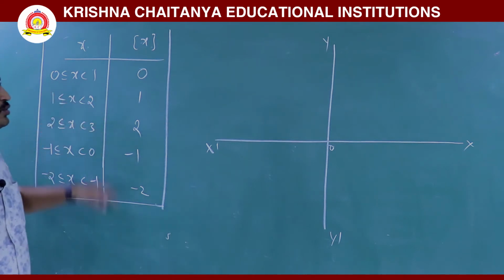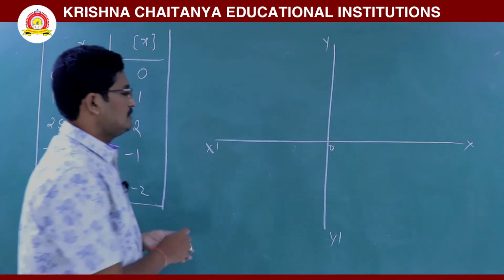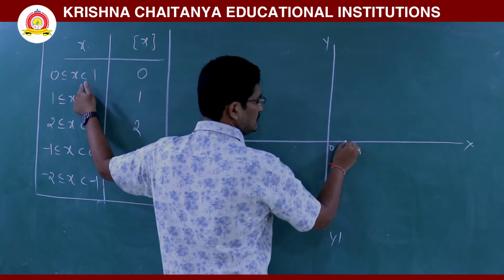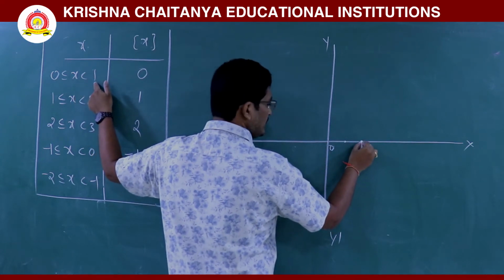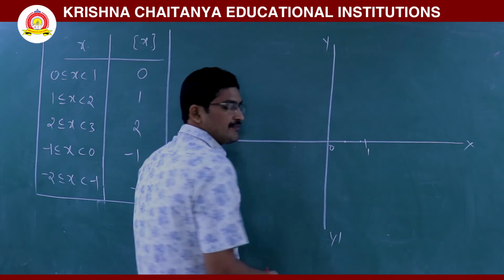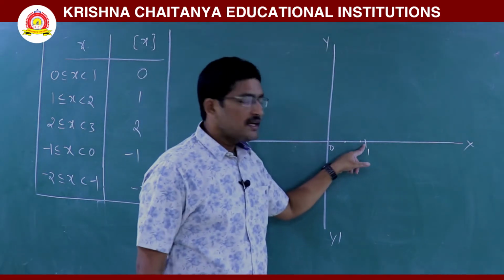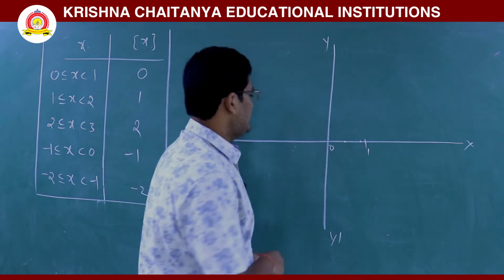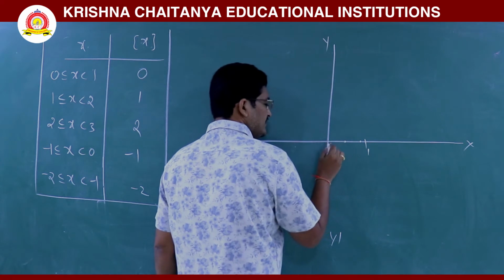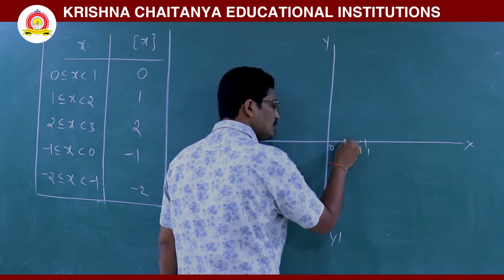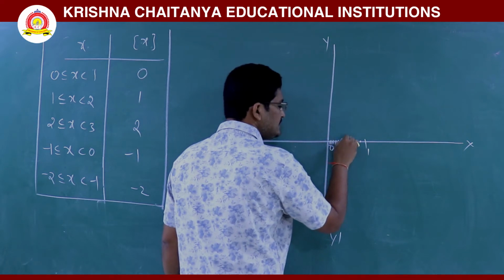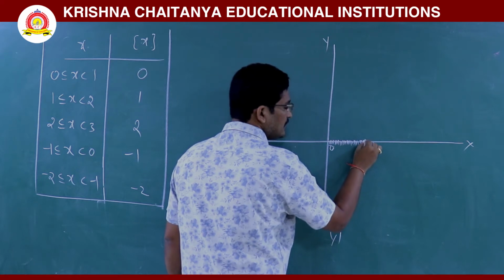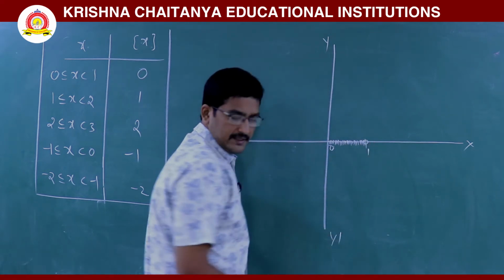If x lies between 0 and 1, then the step value is 0. Suppose x equals 0, step is 0. If x equals 0.5, step is 0. If x equals 0.9, step is 0, up to 1. If x equals 0.99999, step is 0, up to 1. So if x equals 0, 0. If x equals 0.1, 0. If x equals 0.5, 0. Like this. So this is the step x graph between 0 and 1. But at x equals 1, there is no...